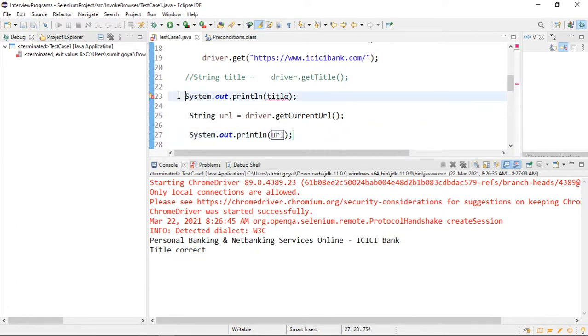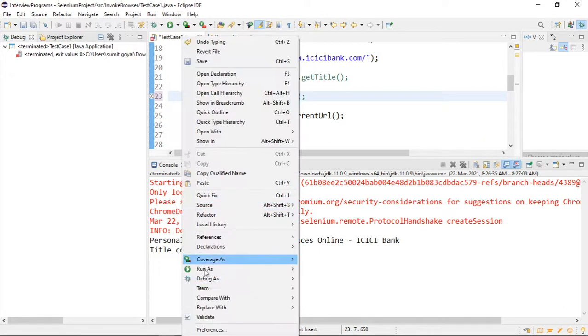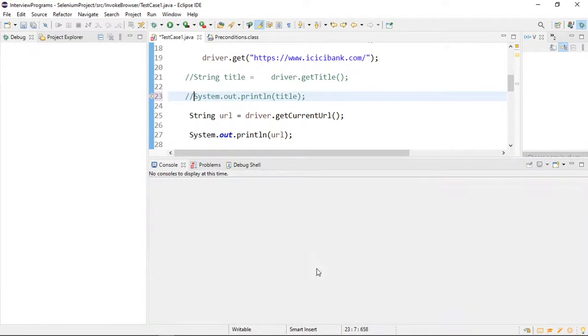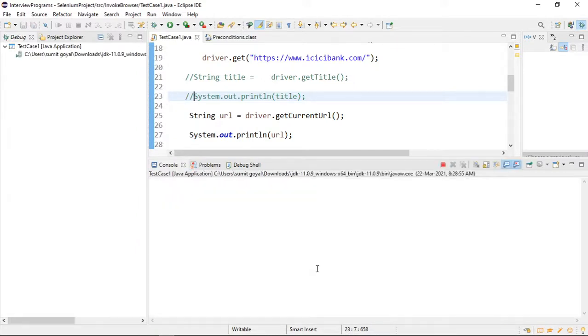So if I try to run, let us see whether it is printing the correct URL or not. After that you can put if else condition if you want.